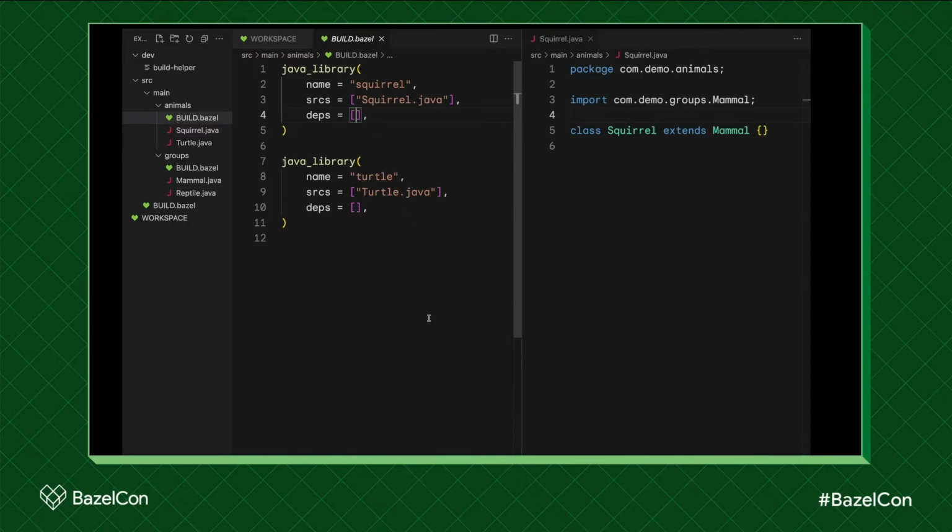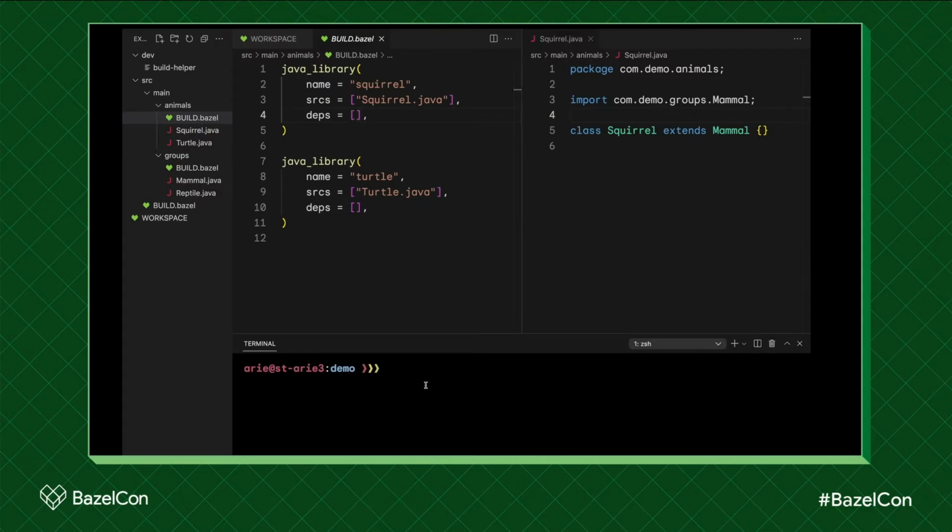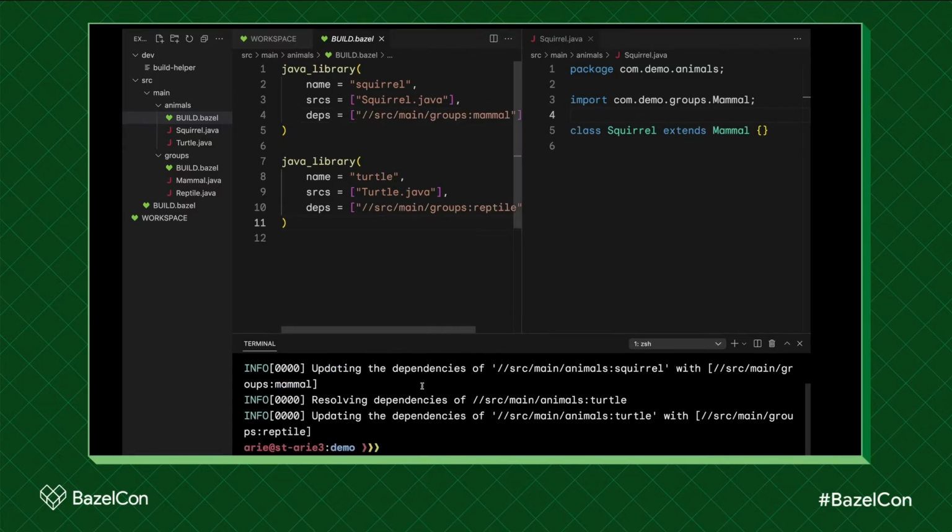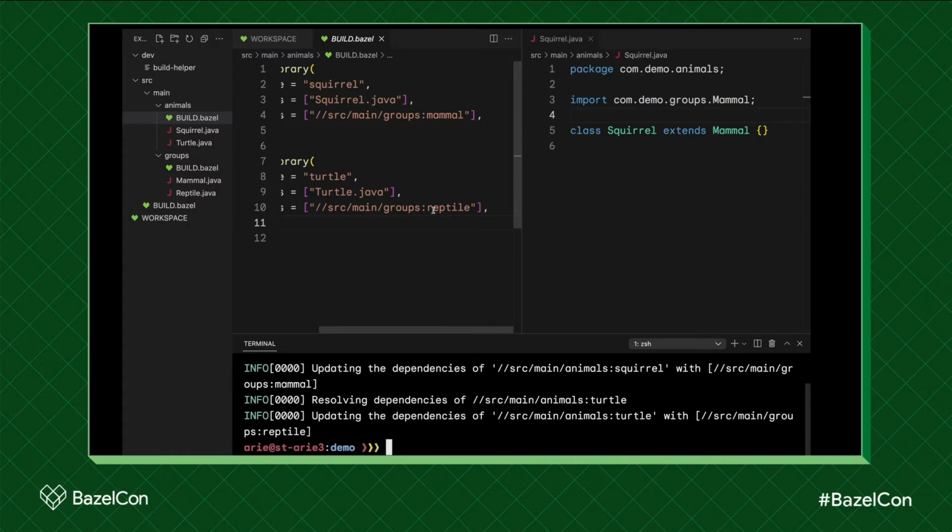So in comes build helper. Let's run this here, dev build helper, and I'll pass in the path to the build file that I want to update. If I press enter, these steps should be filled. Excellent.